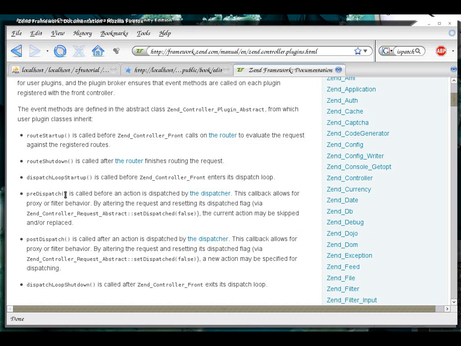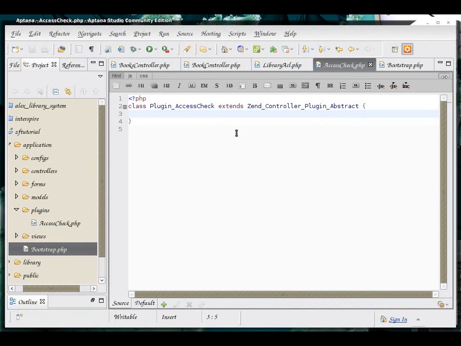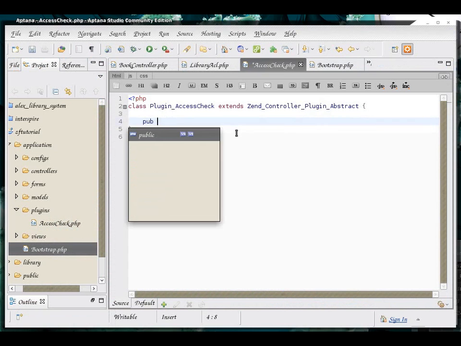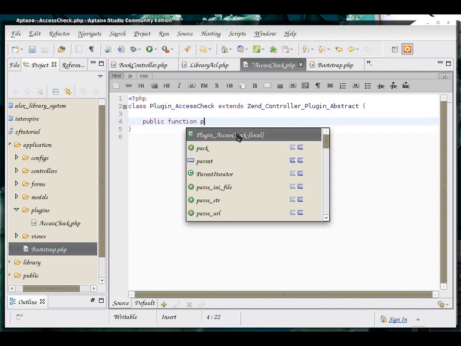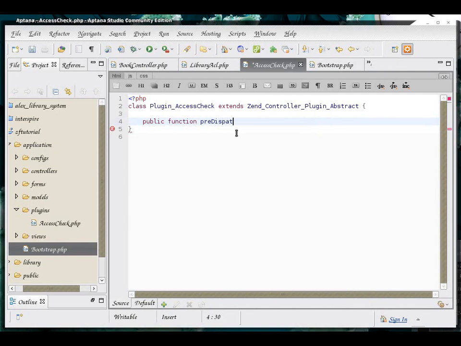That is, as a recap, the dispatcher is the one that puts the controller, view and action together. So we want this plugin to run before the controller is executed because we want to check the permissions first. So this plugin is going to have a pre-dispatch function in it. By creating a pre-dispatch function inside of this plugin, whatever I put inside here will run just before the